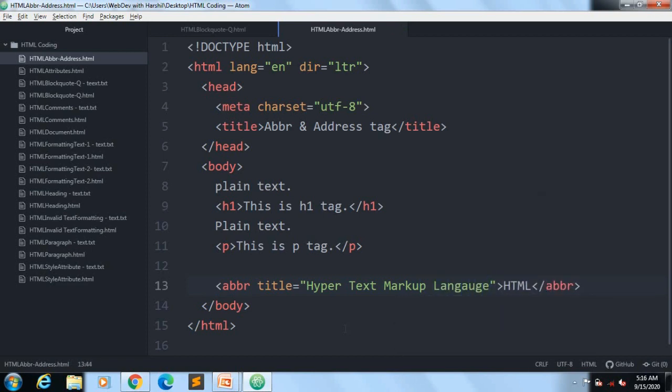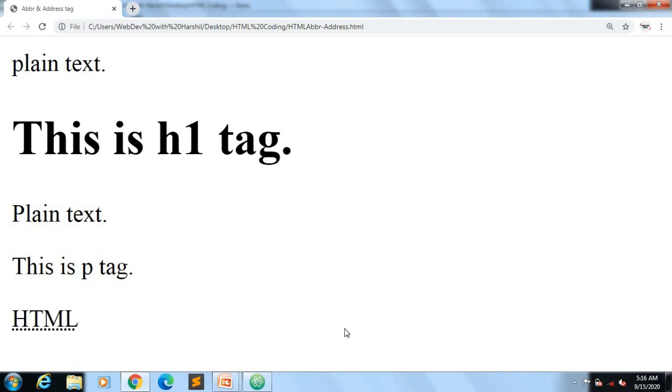Now if I save this file, open it in my browser and refresh, you can see the HTML is there, with an underline with dots below it. When I move my cursor on this HTML, it shows me in a small box, hypertext markup language.